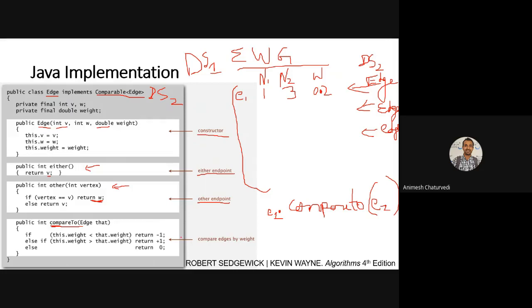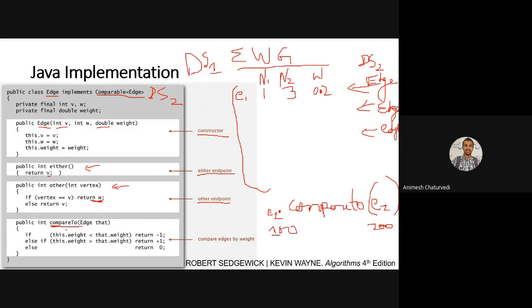Suppose E1 has a size of 100, and this has a size of 200. So the weight is 100 kilometers and 200 kilometers. So what will it return?